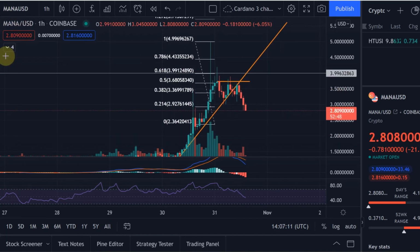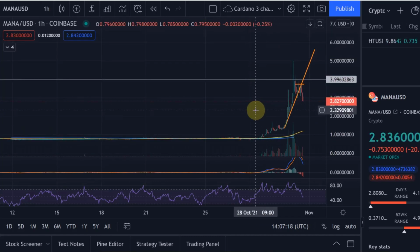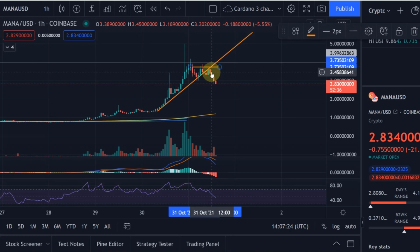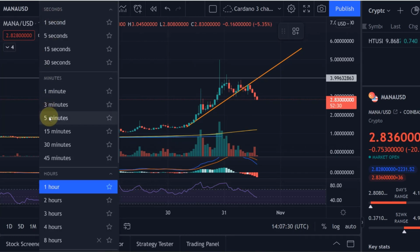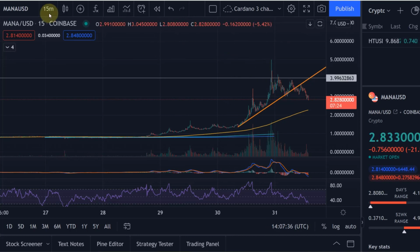Now I was thinking, because if we zoom out, this was obviously a massive pump. So is what we're currently seeing just a bull flag? Is that just a bull flag? Generally you could call it a descending channel after such a strong move to the upside, and it is looking a bit like that. So if we apply